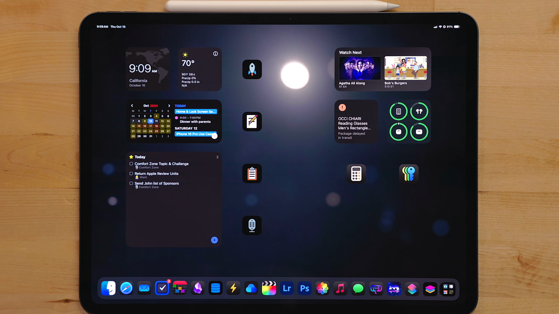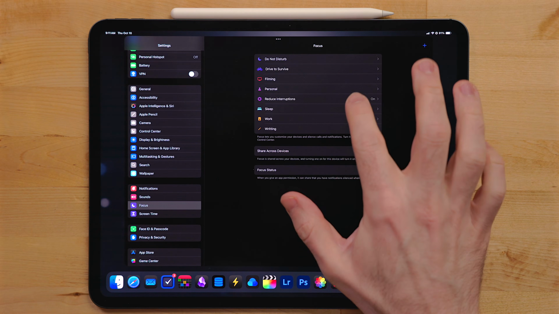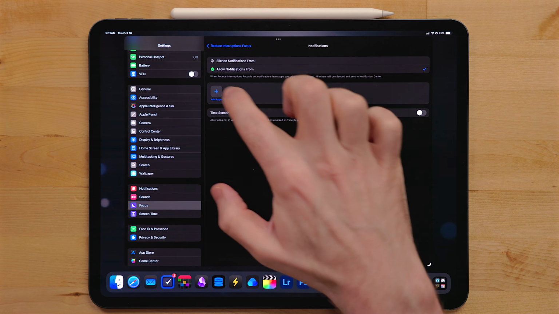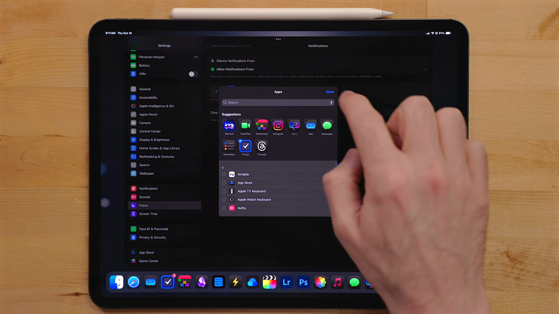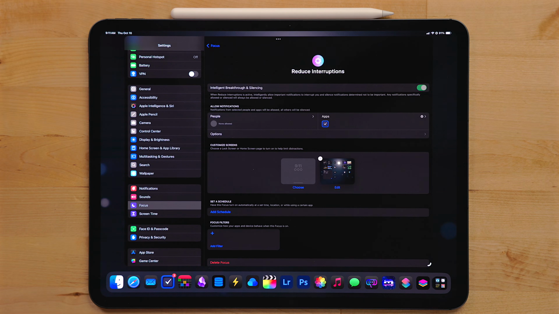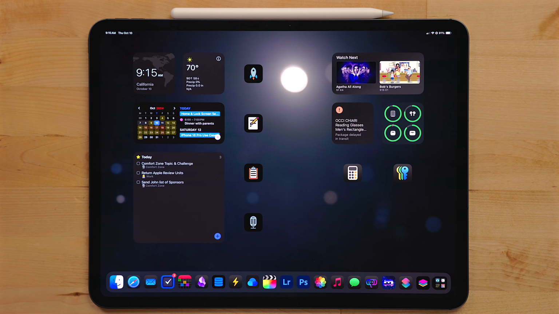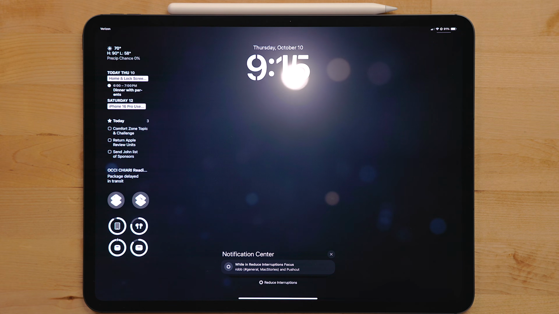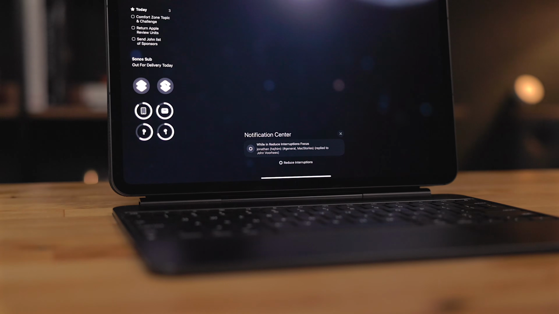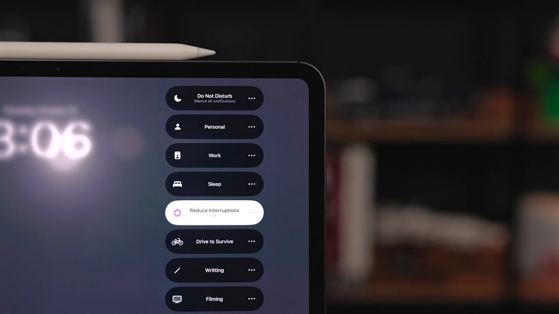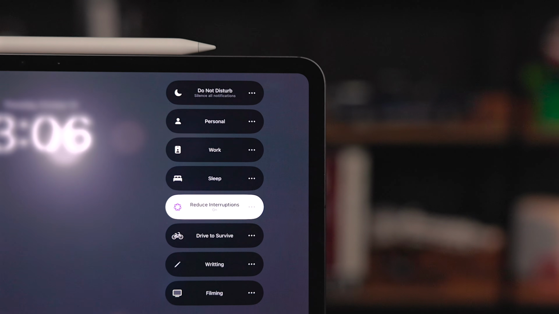I've been using the new Reduce Interruptions focus when I'm doing general work like admin tasks or editing. This uses intelligence to decide what you should and shouldn't be notified about. You can add stuff to the Always Allow list if you want, but it does a really great job at blocking generic notifications that you probably don't need to see in a timely fashion. You can check those out on the notification center later. But when I need to know about something, it sends it through. Like if a really important work message comes in, it will notify me about it. This has been replacing a lot of my general use focus modes.